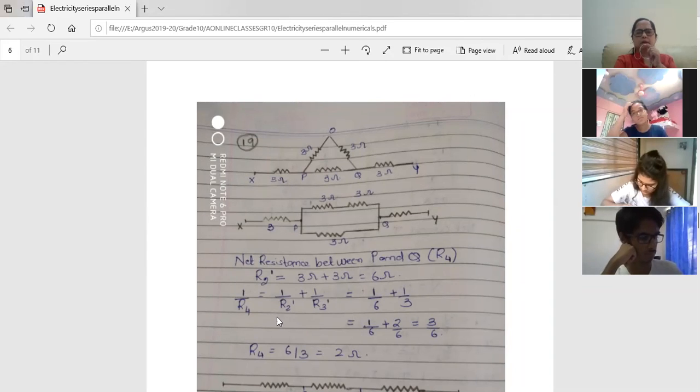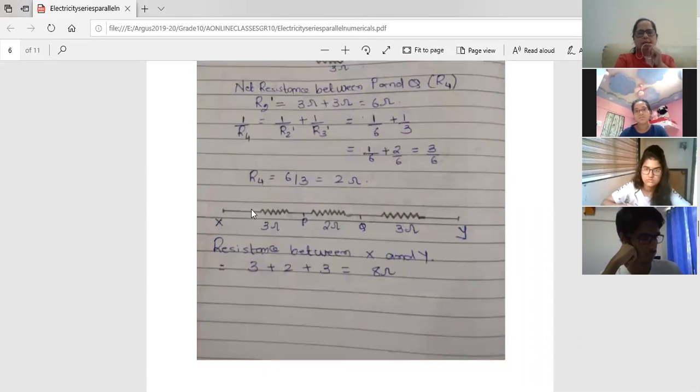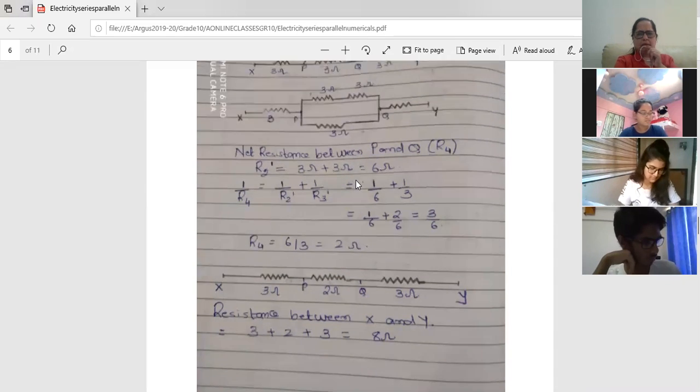I don't understand. Shrushti? Ma'am, no, it's wrong. See here. Look at this, Shrushti. This side is 3 ohms. This side is 3 ohms. What did I find, the resistance between P and Q? 2 ohms, right, Shrushti? So that triangle, I have simplified the circuit. The resistance of that triangle is 2 ohms, which I have added in between.